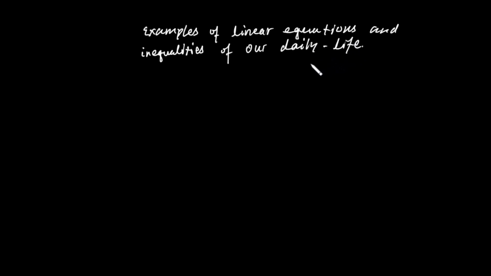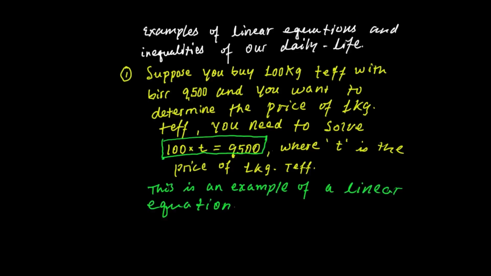ከዕለት ዕለት ህይወታችን ውስጥ እስቲ እንደ ኤግዛምፕል የሊኒየር ኢኩዌሽንስ እና የሊኒየር ኢኒኳሊቲስ ኤግዛምፕል ልስጣቸው። ስለዚህ in our daily life ከምንጠቀምባቸው ሁኔታዎች እስቲ አንድ ኤግዛምፕል የመጀመሪያውን፣ suppose you buy 100 kilogram ጤፍ with ብር 9,500 and you want to determine the price of 1 kilogram ጤፍ, so you need to solve this such type of equations. ይህን ኢኩዌሽን የግድ ሶልቭ ማድረግ ይኖርብናል። ይህን ኢኩዌሽን is an example of a linear equation in one variable ብለን ነው። Here t represents the price of 1 kilogram of ጤፍ ነው።